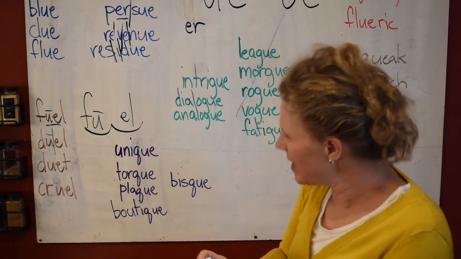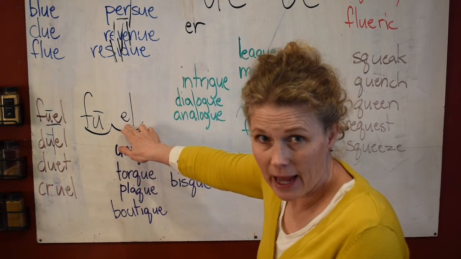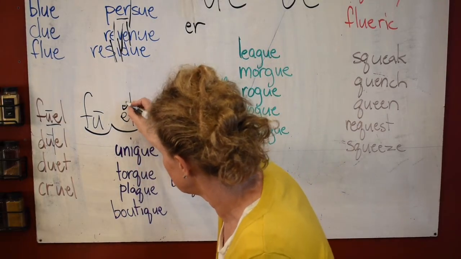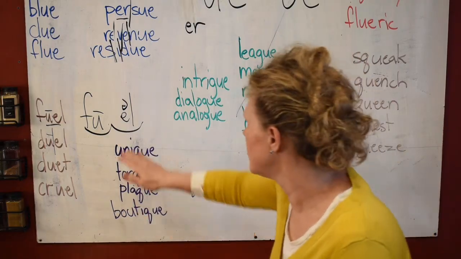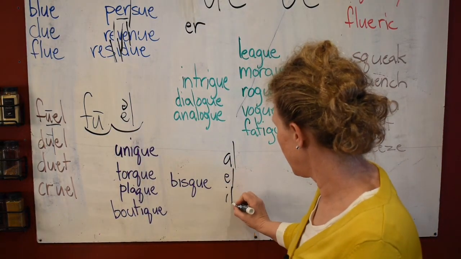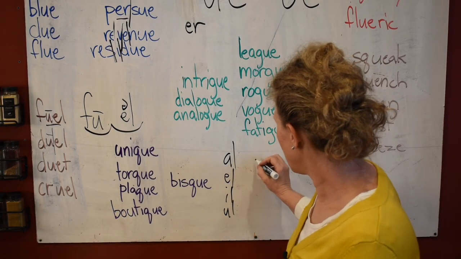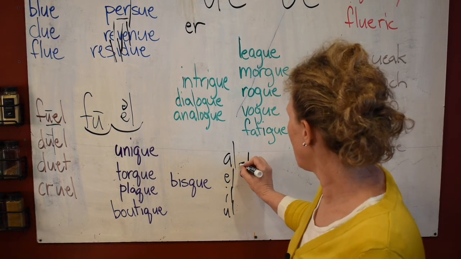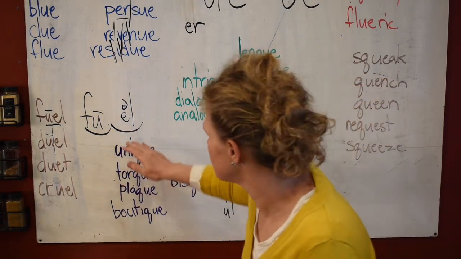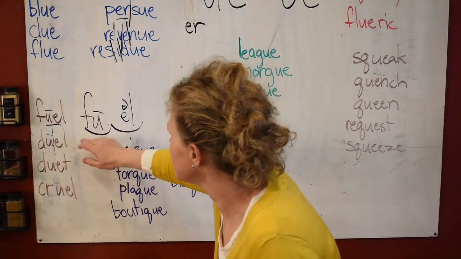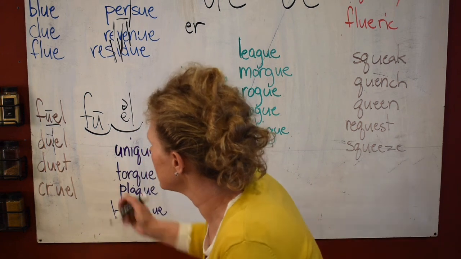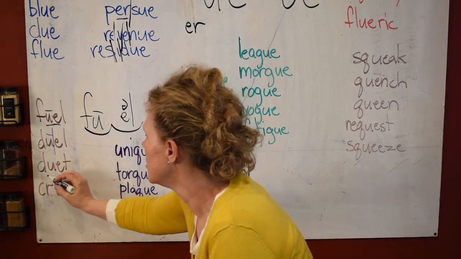Now, the E here, because this is a vowel and an L, this turns to schwa if it's not accented. So it says ul. If you see A-L, E-L, I-L, U-L, O-L, they will all be schwa. And most of the time they will not be accented. So this is the accented syllable. So here though, it won't say that because this isn't an L.